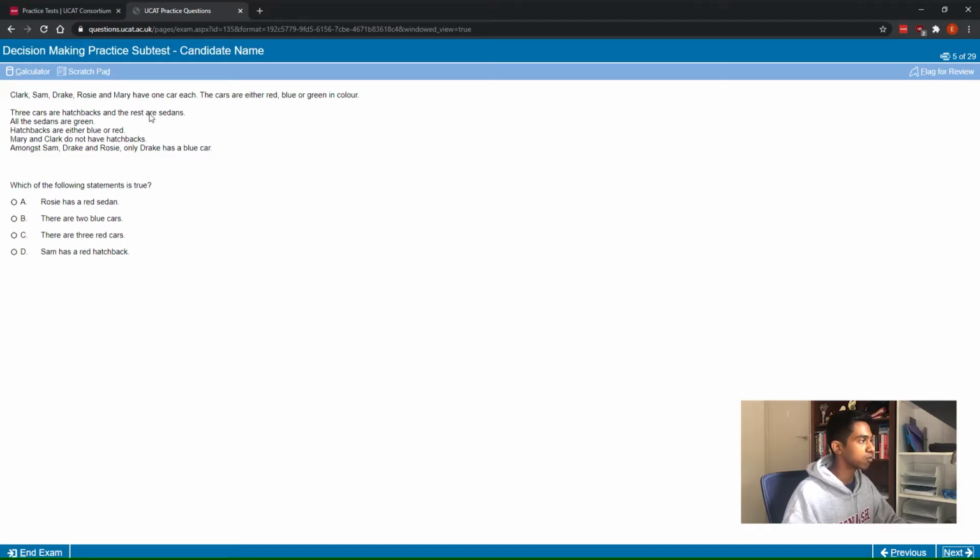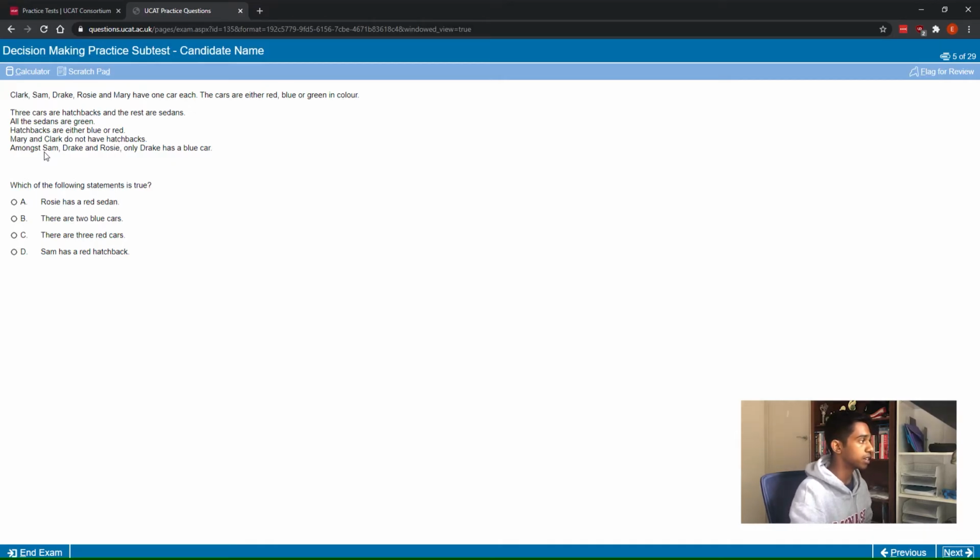The cars are either red, blue, or green in color. 3 cars are hatchbacks and the rest are sedans. All the sedans are green. Hatchbacks are either blue or red. Mary and Clark do not have hatchbacks. Amongst Sam, Drake, and Rosie, only Drake has a blue car. So from these statements, it tells me quite a lot already straight away